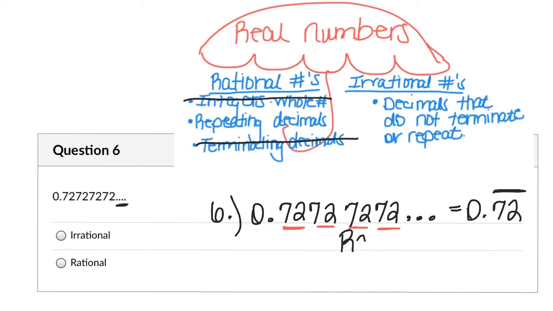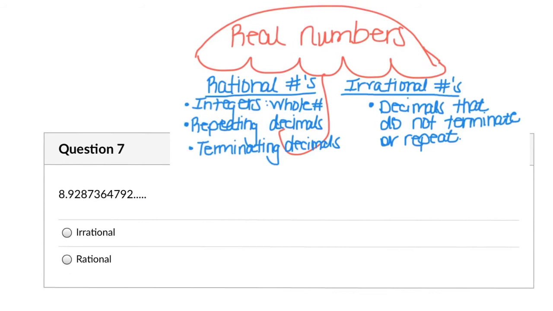So this is rational because it repeats. Just because it is not written correctly does not mean that that changes the rule. And we're on number 7. Number 7 says